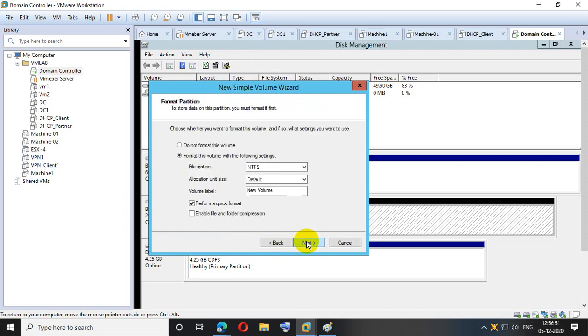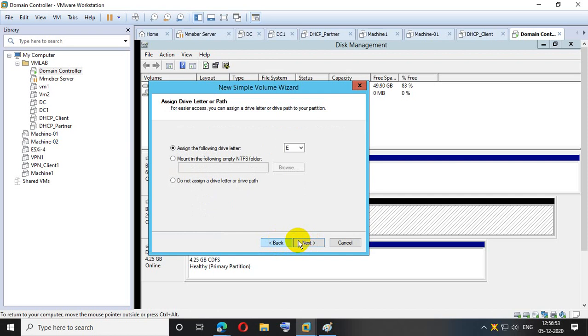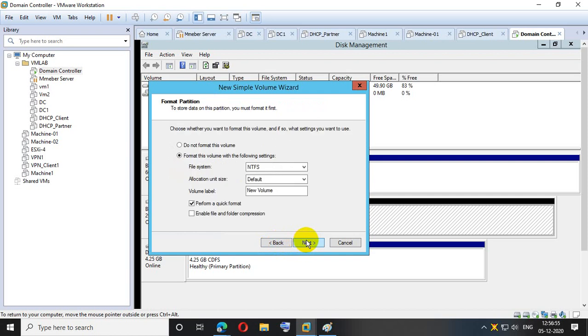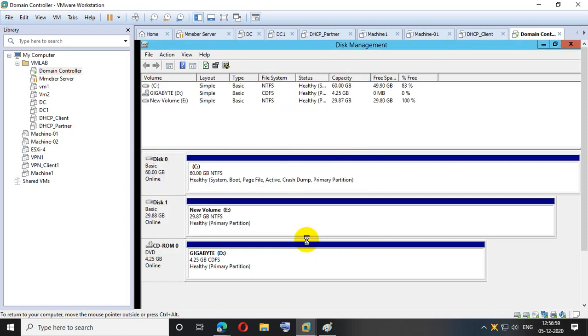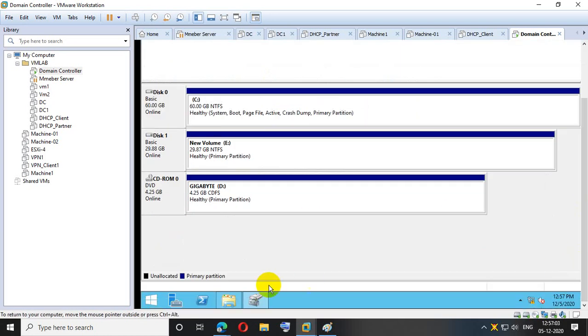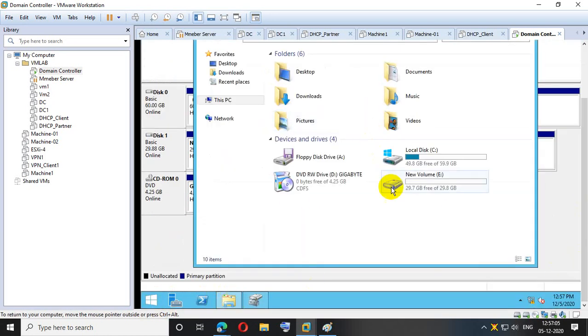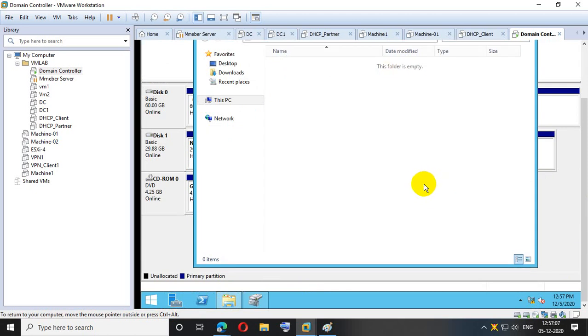Sorry, shrink volume. I hope it will work. The drive letter was not shown earlier, exactly, because the drive format was wrong. Anyway, now it's showing.